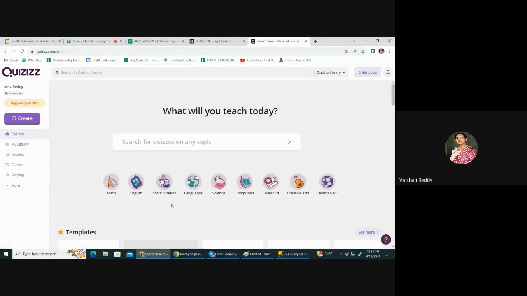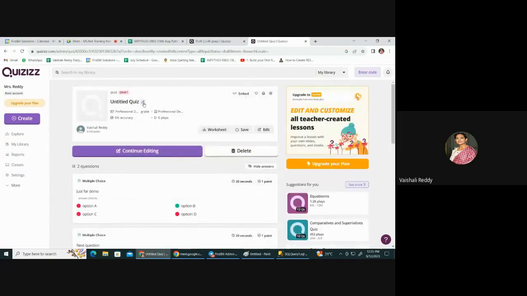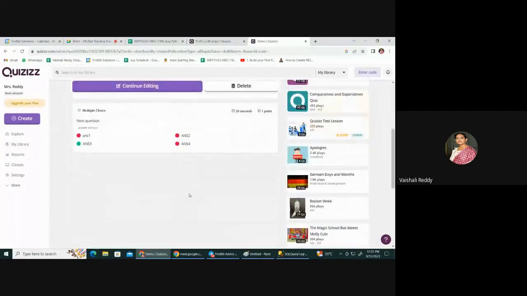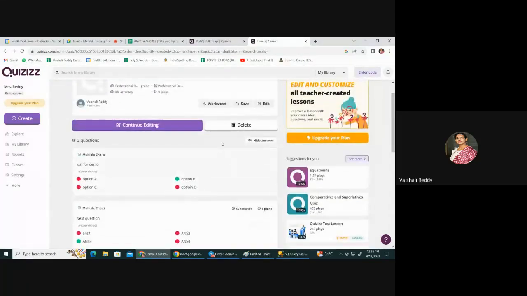यहाँ माई लाइब्रेरी में मोस्टली रहेगा, ये हमने बनाया है क्विज। ये मैंने ऐसे पहले बनाया था, शायद नाम वाम दिया था, अभी तो मैंने कुछ नाम नहीं दिया। ड्राफ्ट, हाँ अनटाइटल्ड क्विज, देखो ये अभी अनटाइटल्ड है, इसको नाम दे देते हैं। और इसमें प्ले करते समय कुछ क्लासरूम ऐसा ऑप्शन आता है, वही मुझे तुम लोग को दिखाना था, कहाँ पे रह गया वो ऑप्शन।